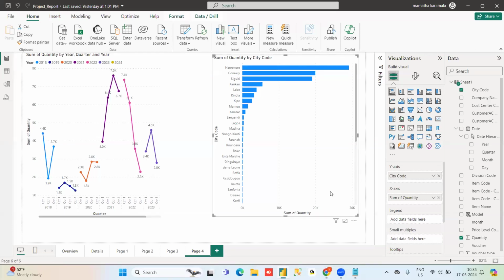Derived columns. You mean a calculated column or a derived column? You wanted to get it. Those things we'll do in DAX. So how to get that column, how you are going to get these columns, and how you are going to calculate the measures, we'll see in the DAX.